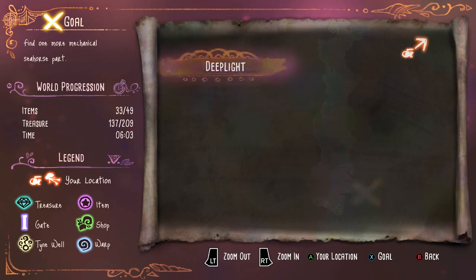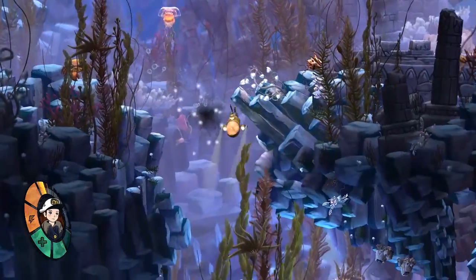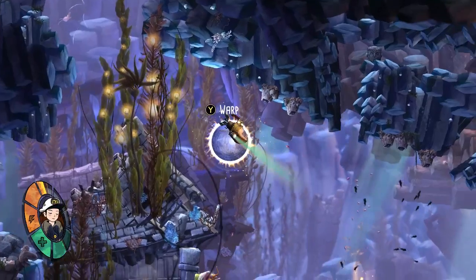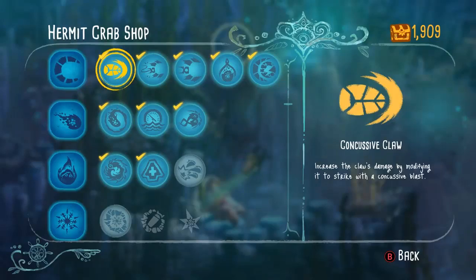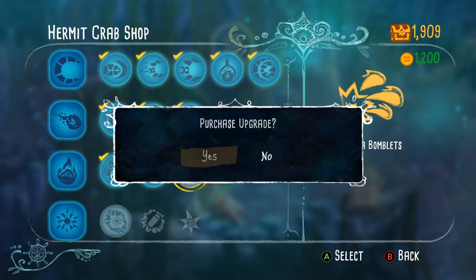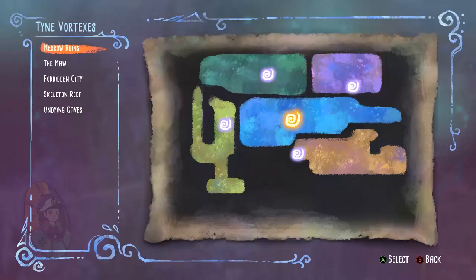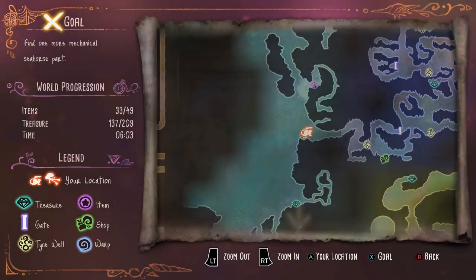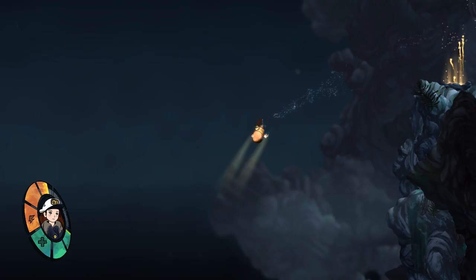Hey, you know how you said you wanted us to go to the deep light? There's your answer. Woo! Okay, let's save first. This is a really solidly designed game, though. I will totally admit. Like, I'm having a lot of fun playing it. I just... let's see, we want the maw. I think, for me, the movement...